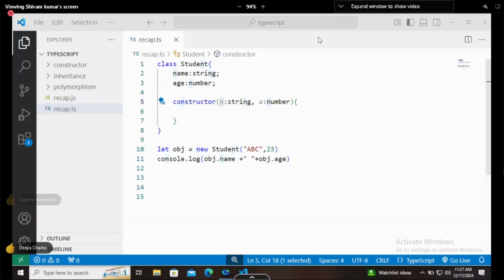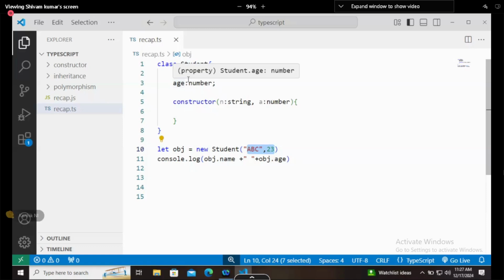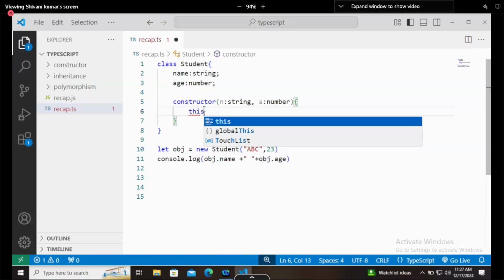Now what we are going to do, the problem is we are giving the values. The values are going to this constructor, values are not going to this class. How to give these things to the class? For that we will say this dot name.